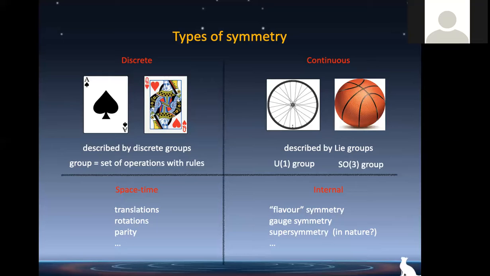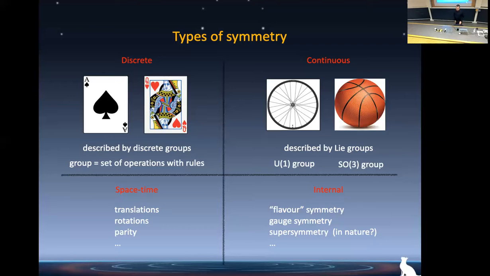I can take a ball. Again, forget about the grooves. Just imagine that it's a perfect sphere. I can rotate it along 3 axes. If this was an aircraft, you would call it yaw, which is this, pitch, which is this, and roll, which is this. In geometry, you can call them Euler angles. But anyway,